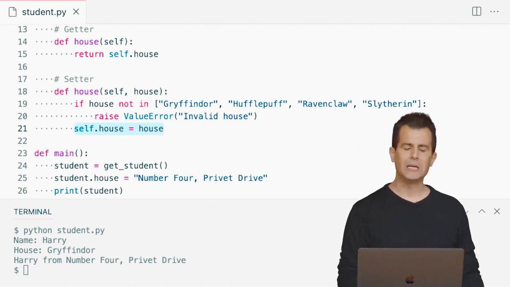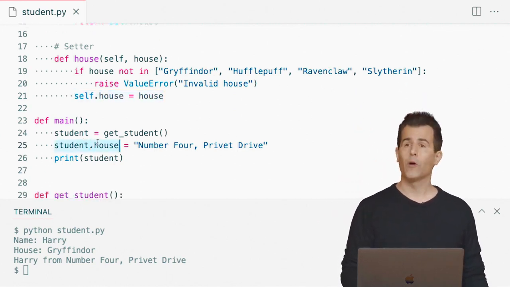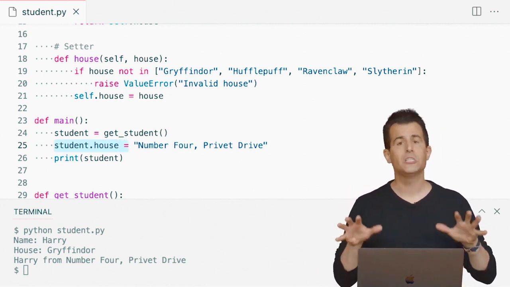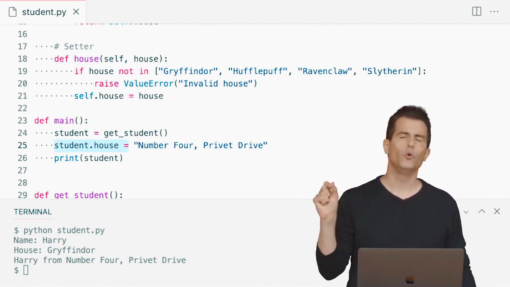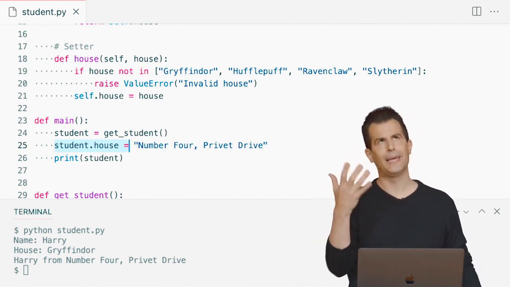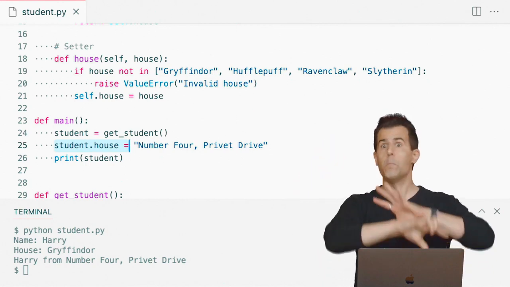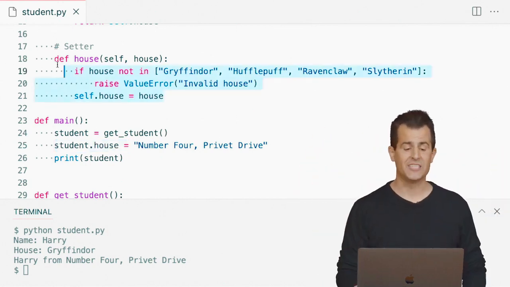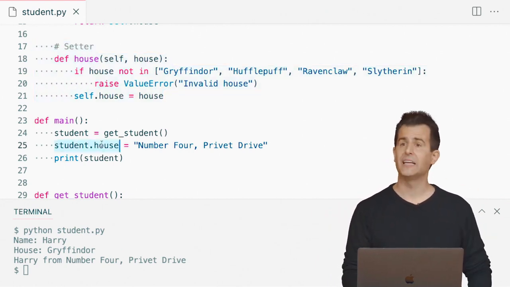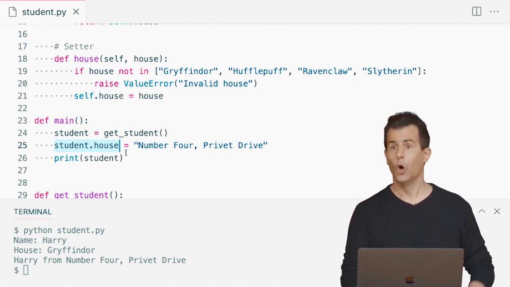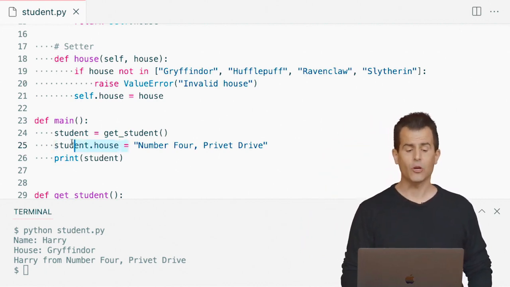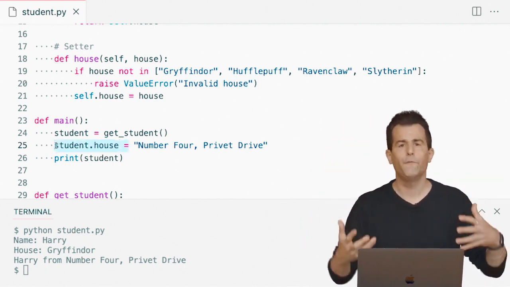Now, why have I done that? Well, to be clear, whenever the user or the programmer writes code like this, student.house equals, what's about to happen magically is Python will not just let the programmer access student.house directly, that attribute, that instance variable, aka self.house. It's instead going to magically, automatically call this setter function for me. How does Python know to do that? Well, if it sees that on the left-hand side, there is self.house, where house is the name of the getter or setter, and then it sees an equal sign indicating assignment, that's just enough of a visual clue to say,